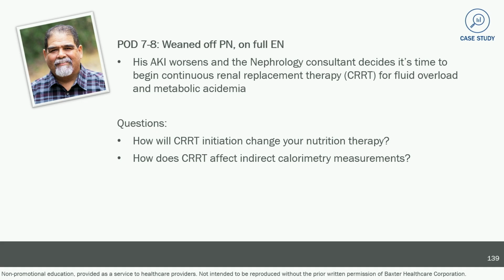The main thing I'm thinking about is that this is a good time to assess for any micronutrient deficiencies going into CRT, which is known to cause further deficiencies in your B vitamins, vitamin C, copper, zinc, and selenium. In addition to checking copper, zinc, and selenium, I'm going to add a multivitamin with minerals that has at least 2 milligrams of copper, 70 micrograms of selenium, and 15 milligrams of zinc. Also add an additional vitamin B6, folic acid, and